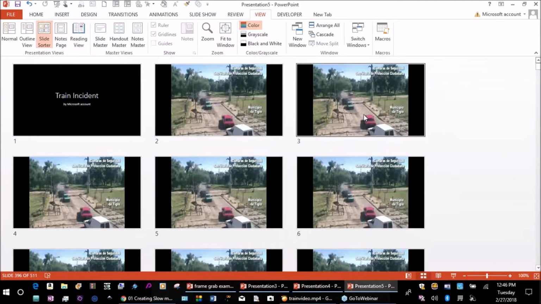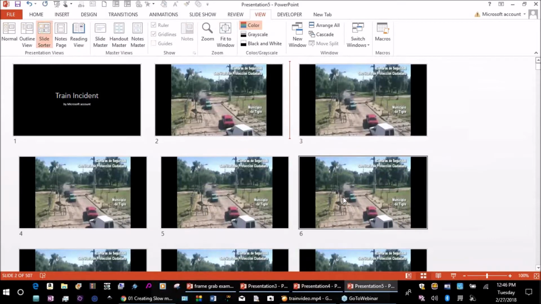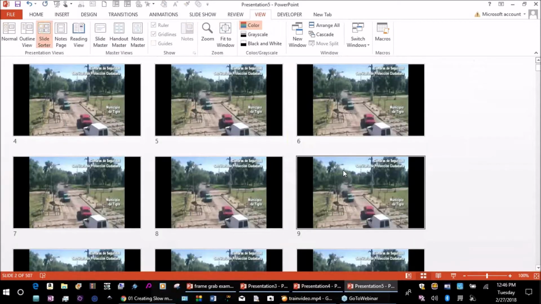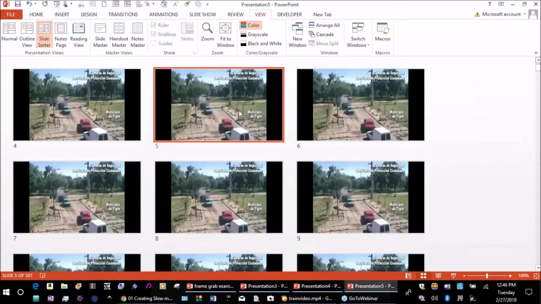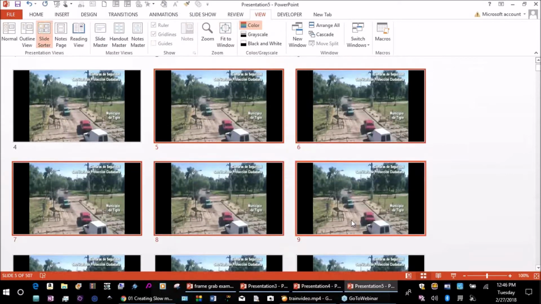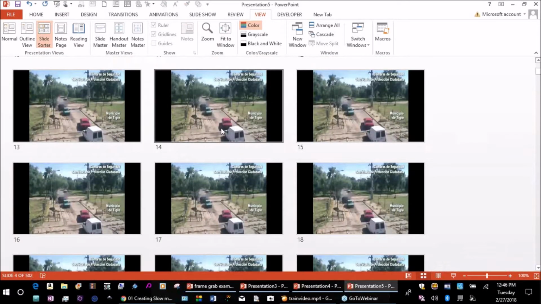So I can get rid of these. You can click on one slide, hold your Shift key down, click on a bunch of them, hit your Delete key, and get rid of those. And then you can go through it and see where you might want to get rid of some more. So maybe I'll get rid of these here. Hit your Delete key. And by doing that, you can speed up the video a little bit without losing any